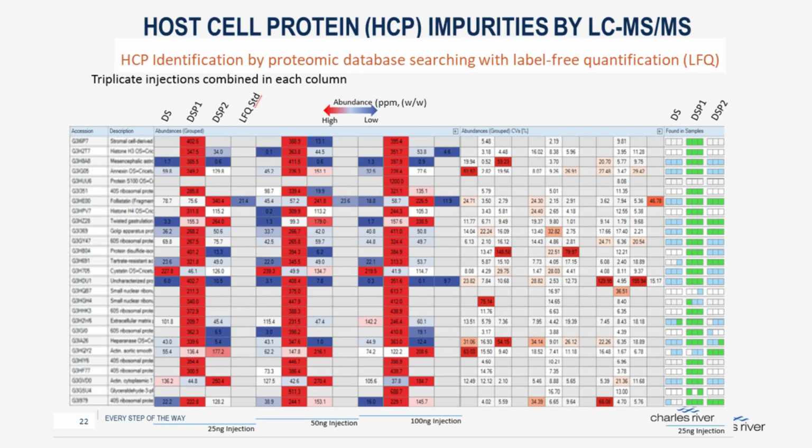Just going a little bit further into HCP analysis by LC-MS-MS. This slide just shows comparison of HCPs that have been discovered in different samples in the downstream process versus the drug substance. This table, like I mentioned, the advantage of mass spec, of course, is to get an actual list of what